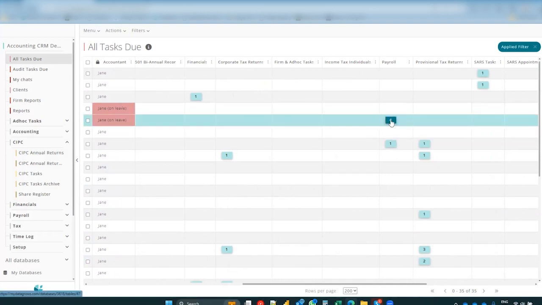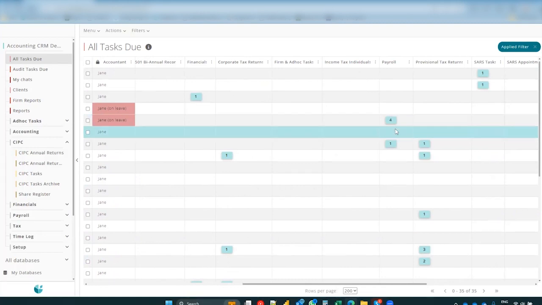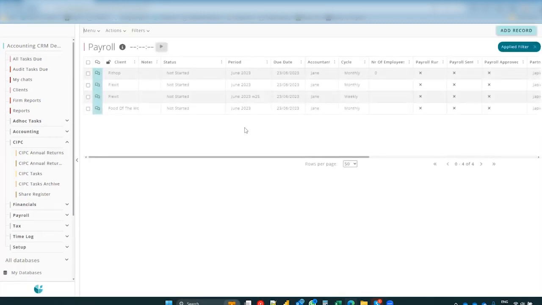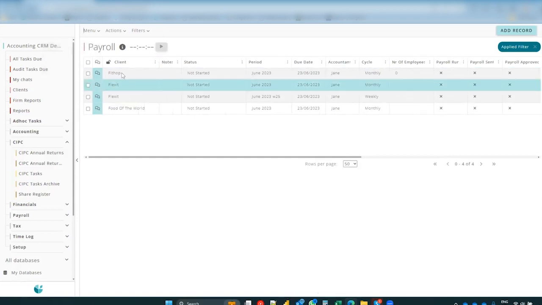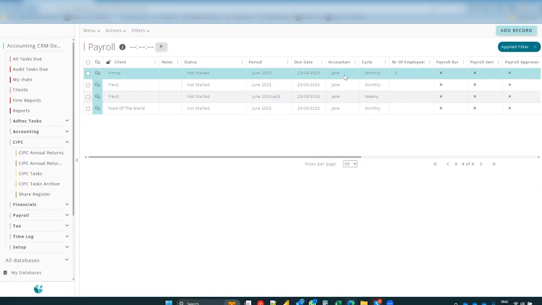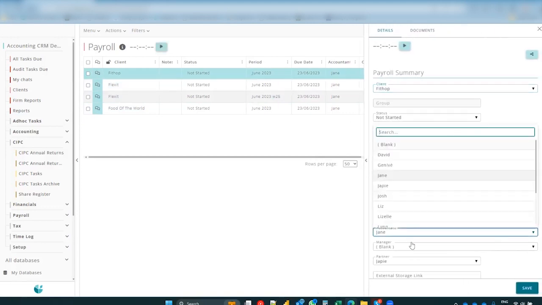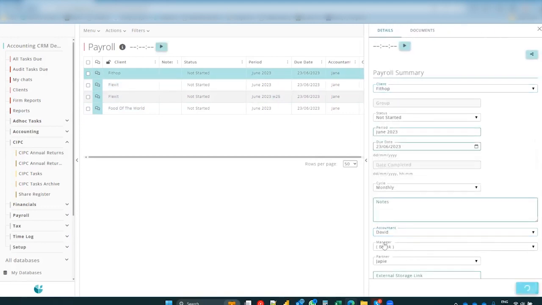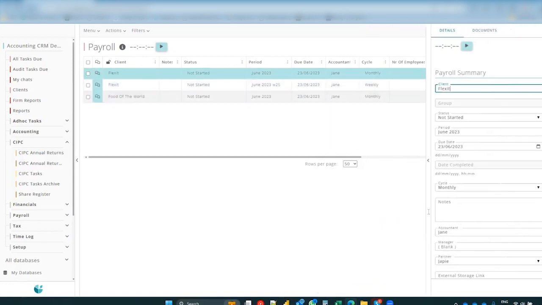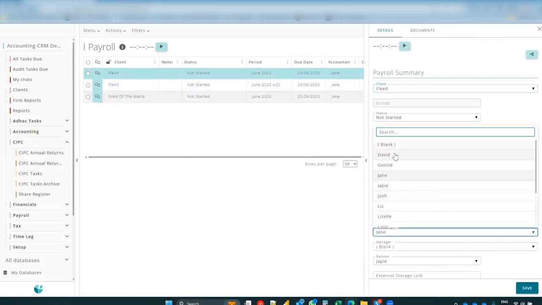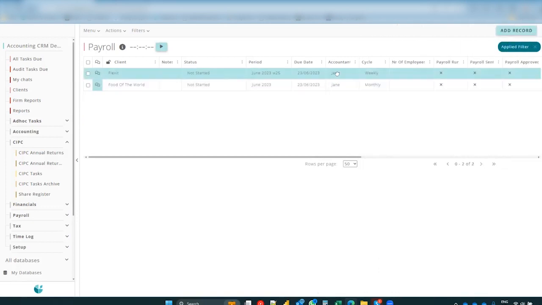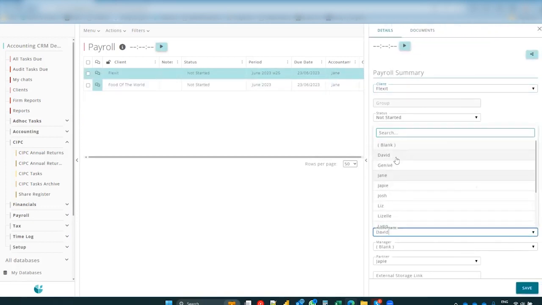However, if it is unplanned leave and an emergency comes up and Jane is unable to work, you can reassign those particular tasks to somebody else who can assist so that your client doesn't suffer because your accountant is not available. And so if we have a look at these 4 clients here, David might be our backup as far as payroll is concerned. And so we know Jane's had an emergency, she's unable to work. And so I am changing the accountant to David